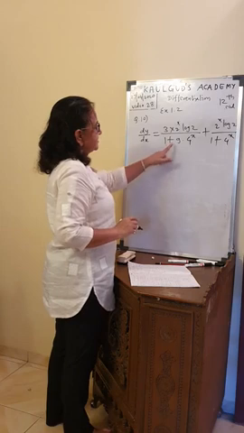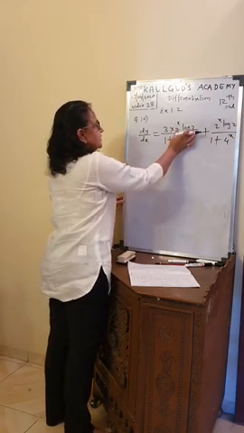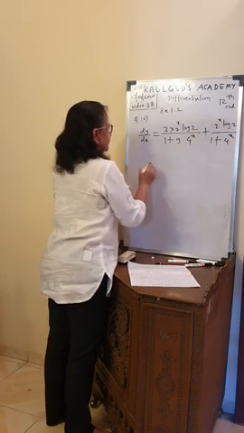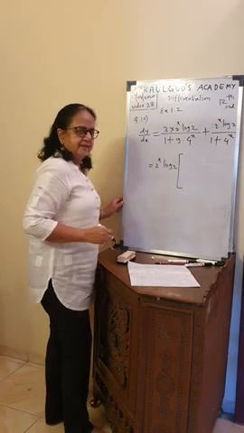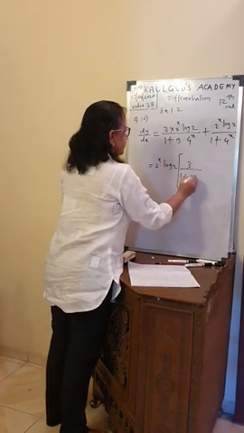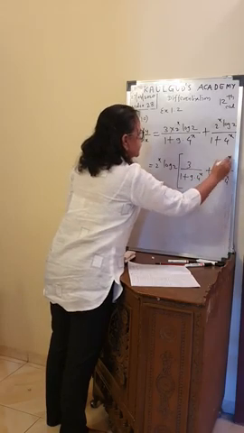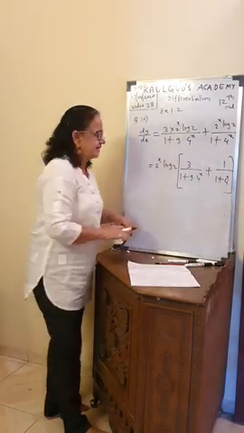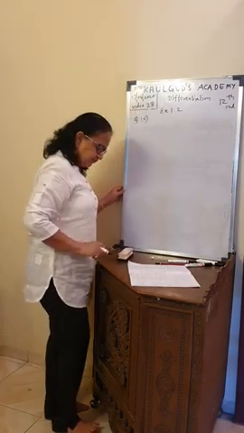Now do you see in both the terms the denominators are not the same? Don't go for LCM. At the most, 2 raised to x log 2 is a common factor, so you can keep 2 raised to x log 2 common. Inside you get 3 upon 1 plus 9 into 4 raised to x, and here 1 upon 1 plus 4 raised to x. That's all, leave your answer there. Alright, so this was number 4.